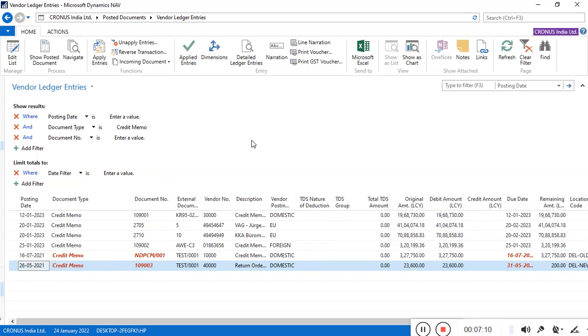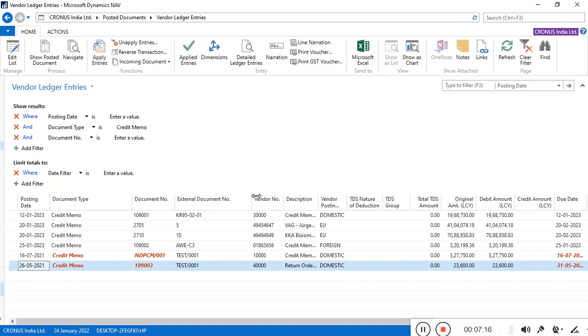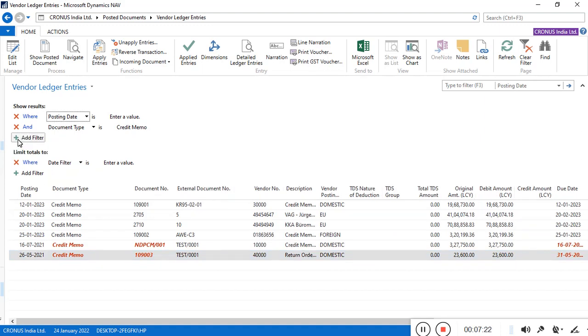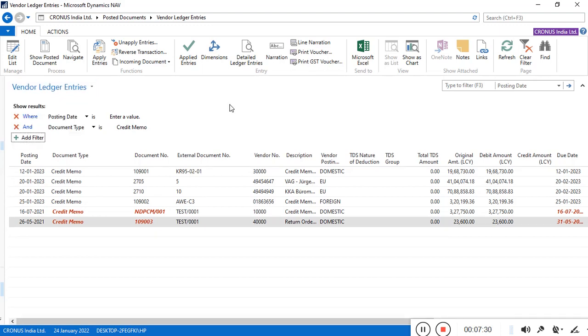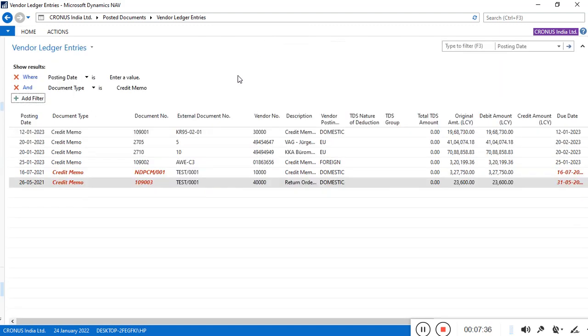Vendors are coming, dates are coming, and the external document number, you can say vendor invoice numbers, are also coming. So we can check all the information. We can maximize the screen by closing all the unnecessary filters. If you remove those filters, the screen will be erased, or we can also collapse the ribbon to maximize the screen. Now